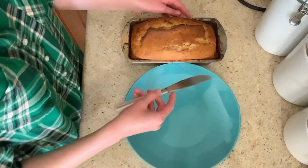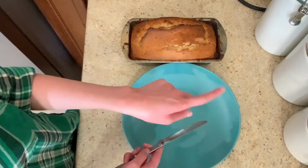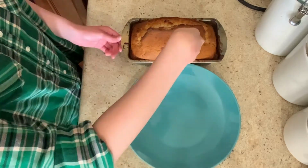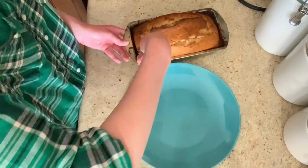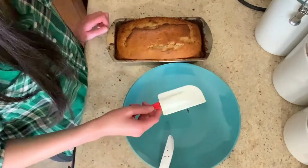I've actually never taken this out before to place in a plate. I usually just leave the banana bread in here. But for you, I will plate this. Hopefully make it look aesthetic. So I'm just kind of going around the bread with a butter knife, just in case, for some odd reason, the nonstick spray wouldn't work. But here I am, just kind of attempting to get this out of the bread pan with a spatula,